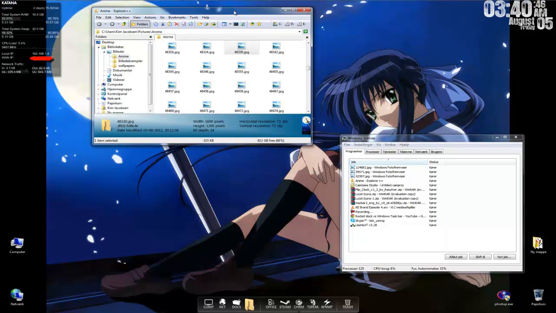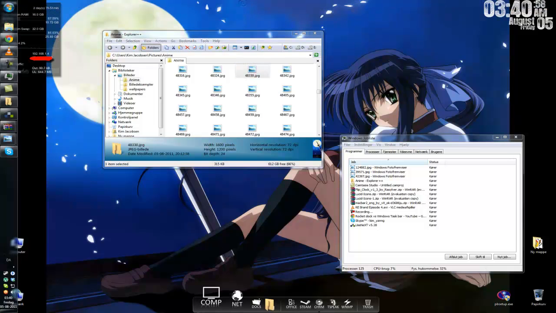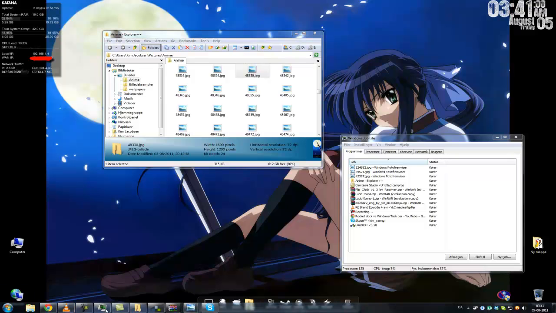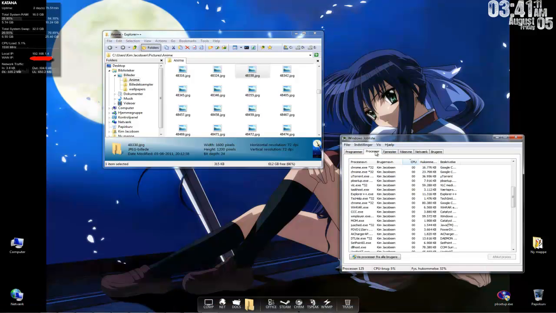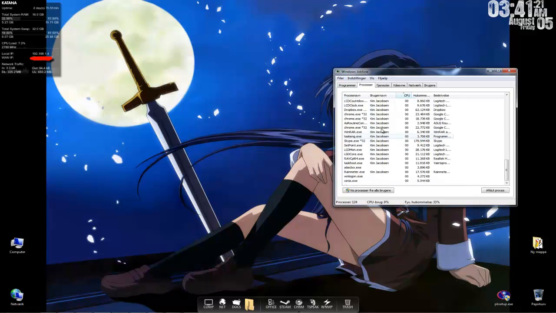And I just wanted to say a few words about what I think about Rocket Dock and the Windows Taskbar now. Normally, the Windows Taskbar like this is very useful for seeing open programs and stuff like that. So when you go into the task manager here, you can see that Explorer, which is the program that handles this Windows taskbar, uses 18 megabytes of RAM, and Rocket Dock, if I